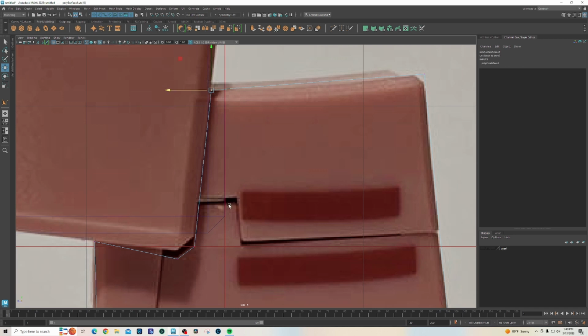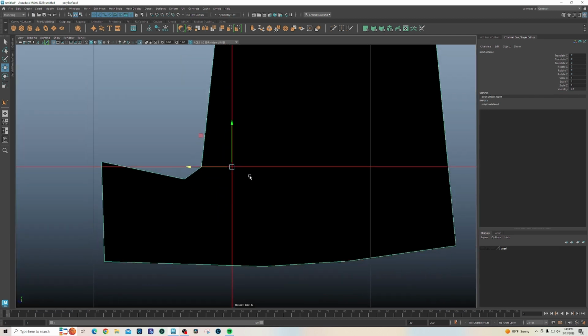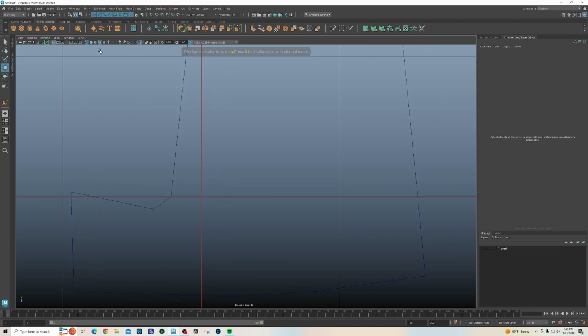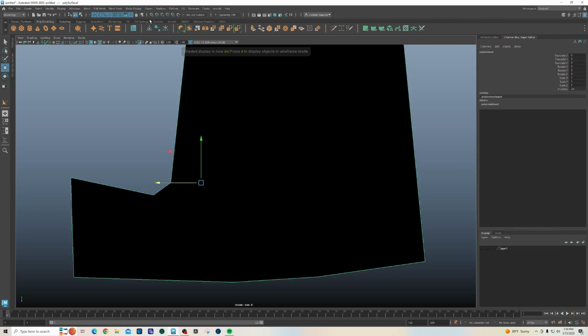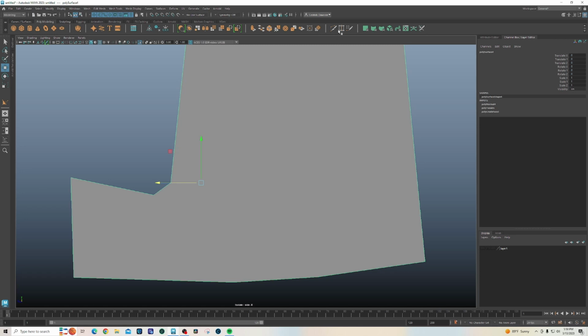Nice. Now, right mouse click and hold. We'll press Control 1. We'll press 4 to go into our wireframe, and let's turn off our grid. Actually, let's click on this object, Mesh Display Reverse. Okay. With that object selected, we'll go to this tool right here,